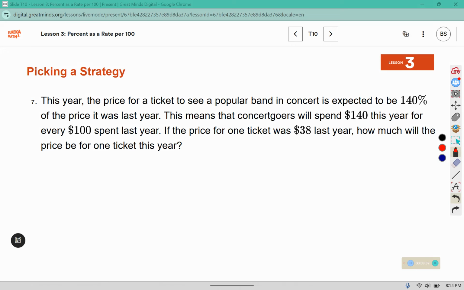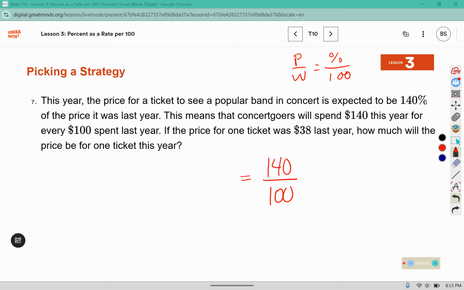This year, the price for a ticket to see a popular band in concert is expected to be 140%. Remember, it's part, whole, percent, and 100 of the price that it was last year. This means that concert goers will spend $140 this year for every $100 that they would have spent last year. If the price for one ticket was $38 last year, how much money will the price be for one ticket